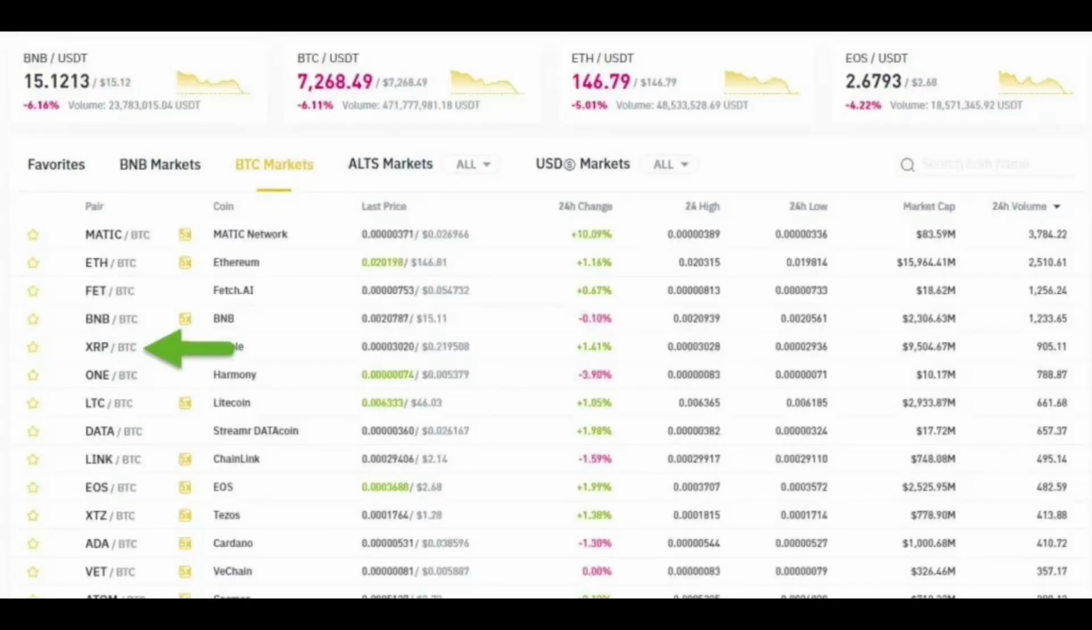In the dollar markets, it is possible to trade with dollars or stablecoins. Stablecoins are digital currencies whose price is always stable. Now let's assume we want to buy Ripple using Bitcoin. Therefore, we enter the Bitcoin markets and click on the Bitcoin Ripple currency pair to enter the Ripple Bitcoin trading